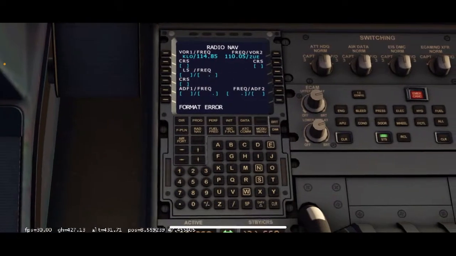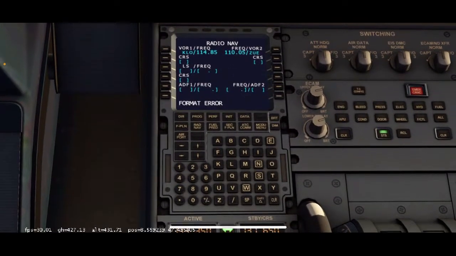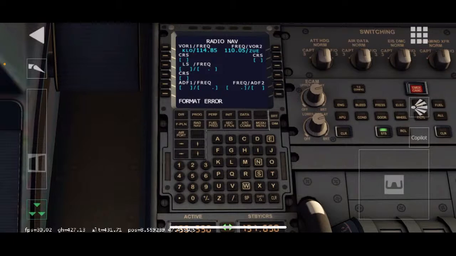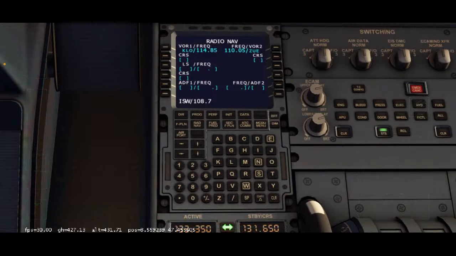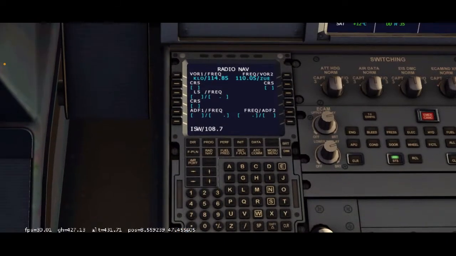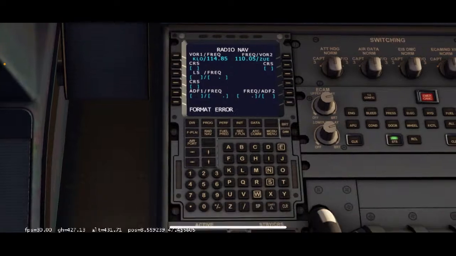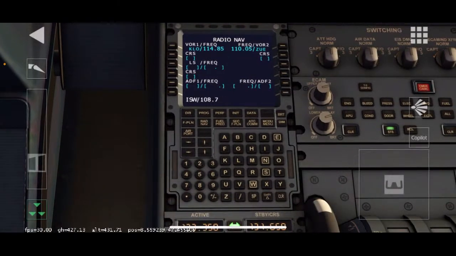Format error. Which one? You said it's the third key. Yeah, I just did it. It said format error. Third key. Nope, still says format error. What did I do wrong?